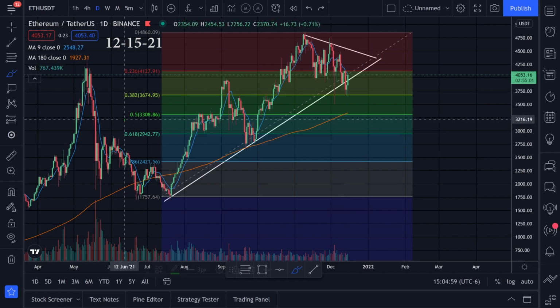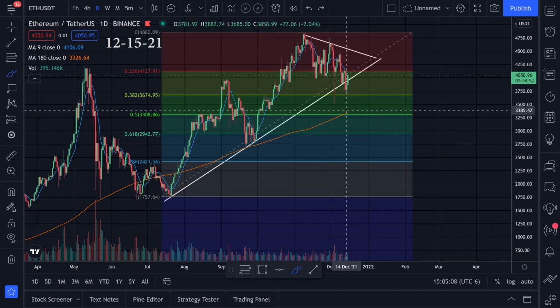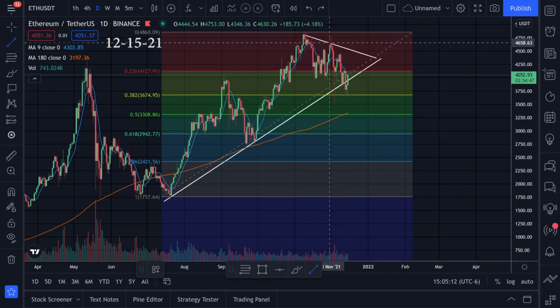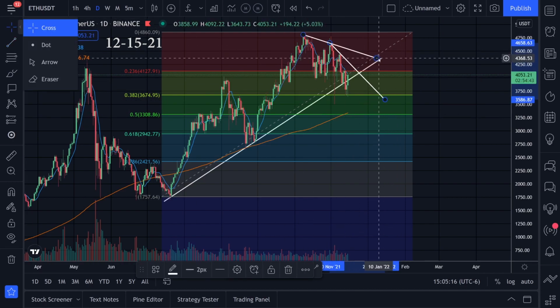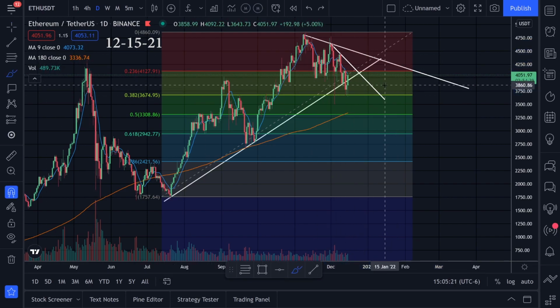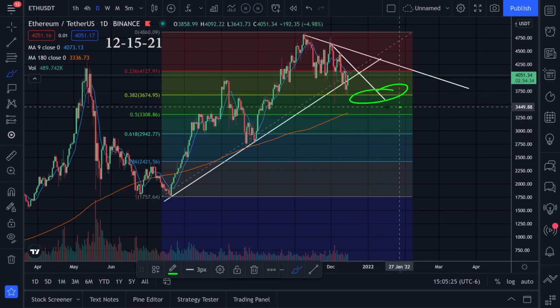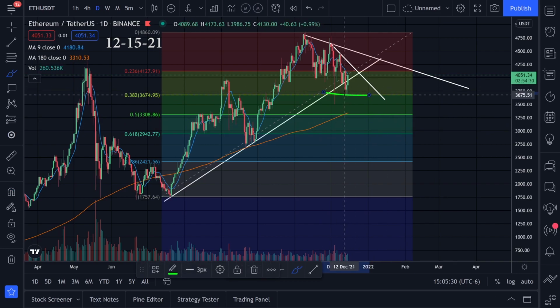The next one I'm looking at is the 50% level sitting around 3,308, and then the 61% level sitting around 3,942. So basically, if we keep trending down, we also have another trend line, maybe something like this. Until we break these downtrends going to the upside, something like this, and maybe something like that, then I'll be looking at these Fibonacci retracement levels for limit orders. And we hit this one and we got a bounce.